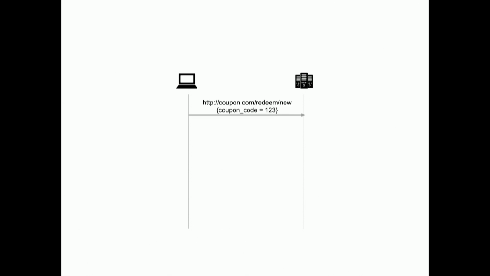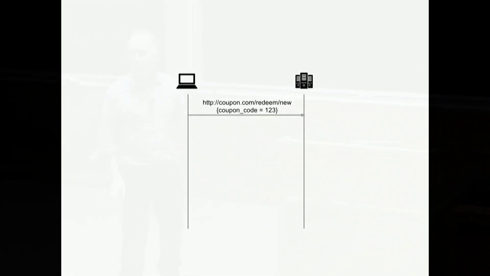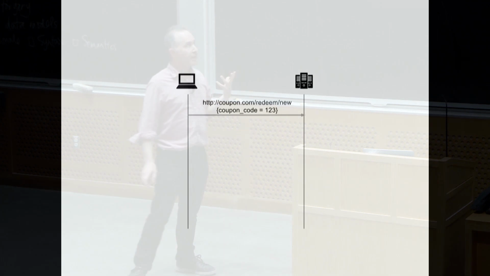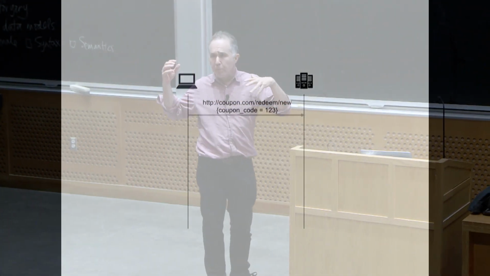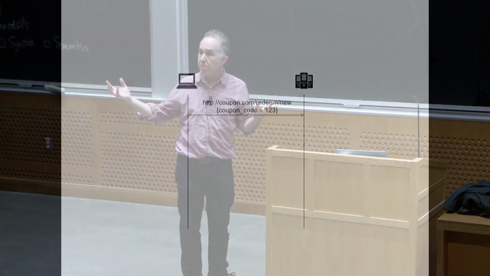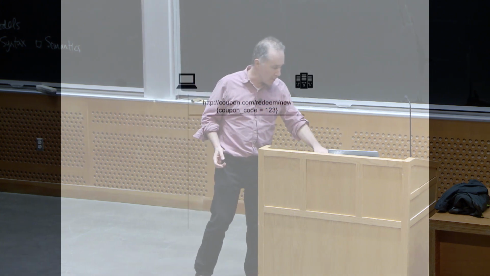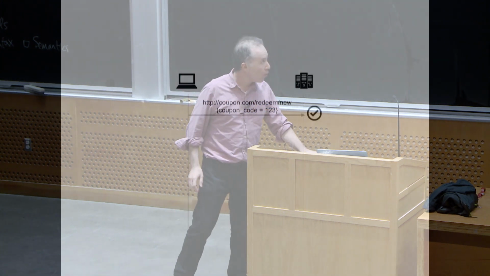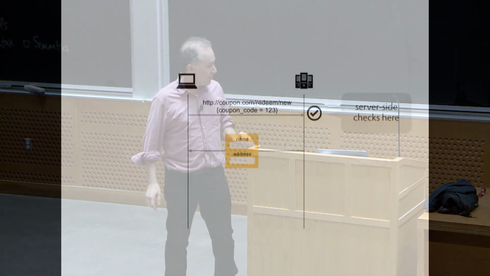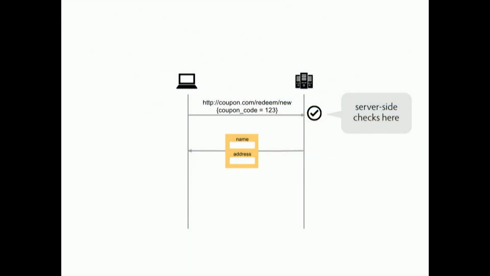So imagine that there's your browser and you're talking to a server, and imagine that you're redeeming a coupon. Here's a typical pattern used in many REST applications, which is that you basically request a form. And then you actually enter the values in the form when the form comes back. Now, in this case, there's a very questionable piece of design. When you request the form, you provide as a query parameter the coupon code that you want to